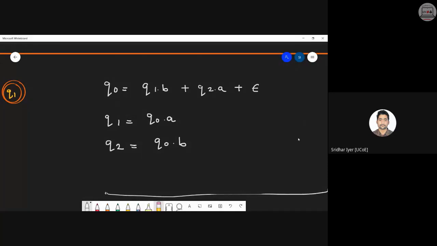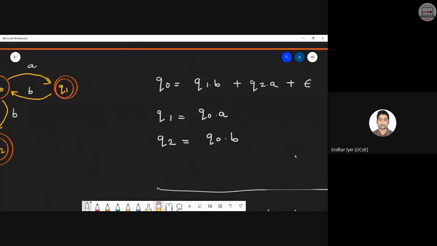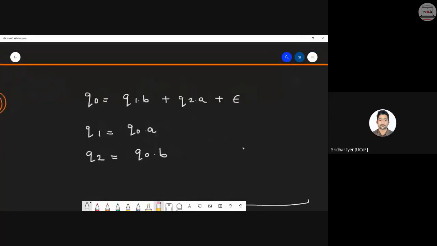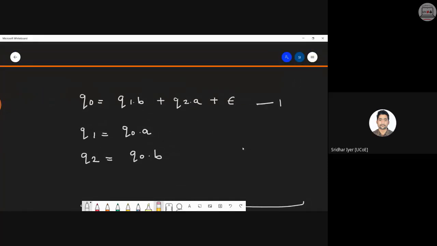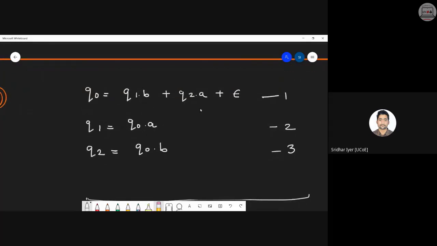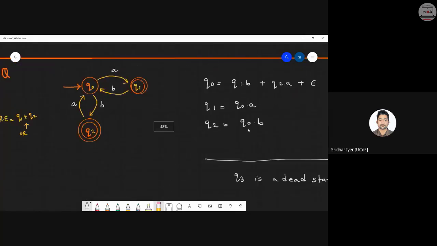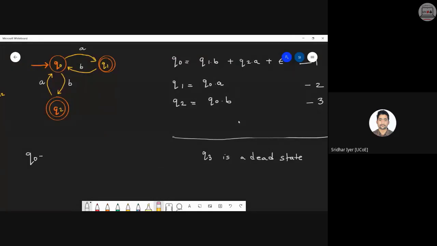Okay. So next what you can do is now you can start solving whichever fashion you wish. क्या करना चाहिए अभी? We can put both the values of Q1 and Q2 in Q0 at the same time also. So this is equation 1, this is equation 2, this is equation 3. Can we not put Q1 and Q2 at the same time in Q0? दोनों साथ में डाल सकते हैं ना? Yes or no? Basically that becomes Q0 is equal to Q1 is nothing but Q0A B plus Q0BA plus epsilon. Can I not write it like this? It is possible, right?